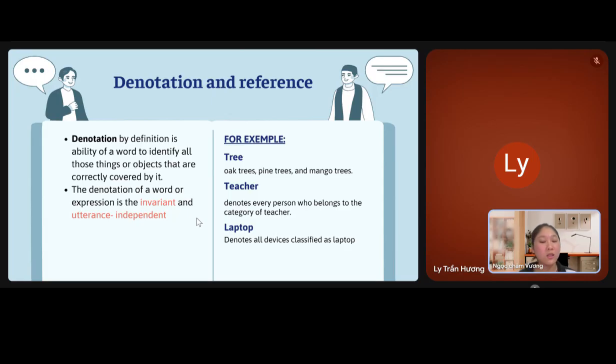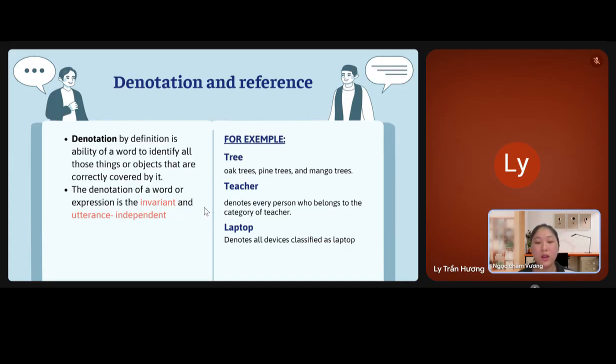Denotation refers to the ability of a word to identify an object that belongs to the category it names. In other words, denotation is the concept of the statement and utterance independent part of meaning. It is the part of meaning that exists within the language system, regardless of when or how the word is used. For example,